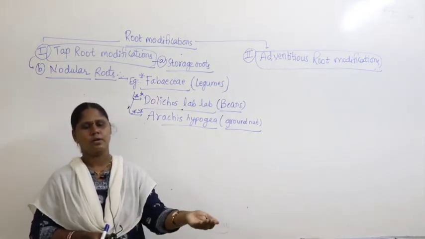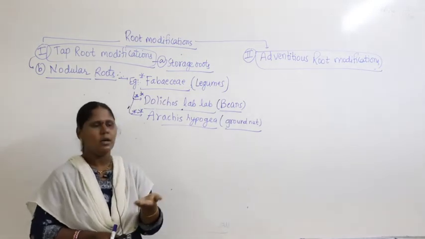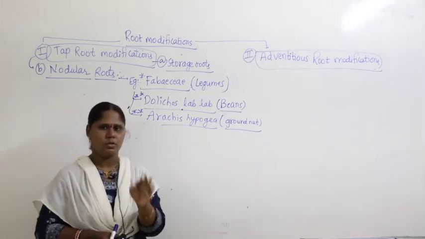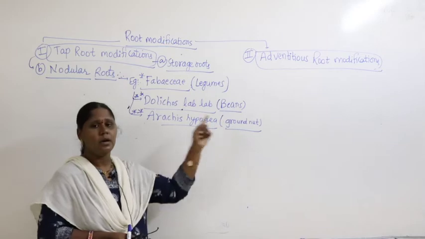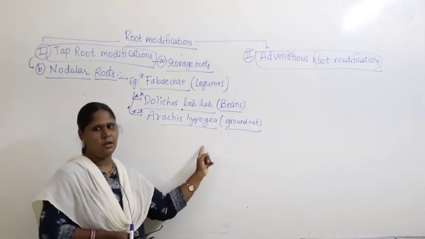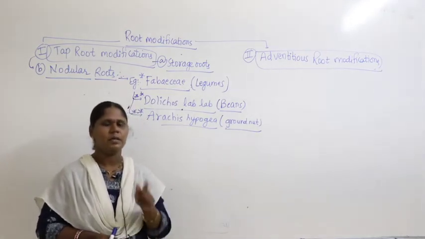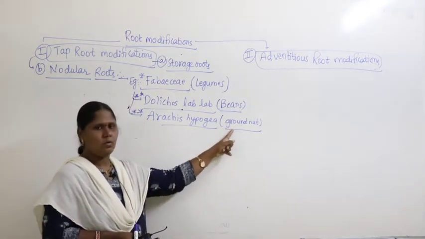Okay, so when you are communicating with your friends, in casual talk, if you say, oh, I just want to eat groundnut, or I like groundnut chutney, then definitely start using the terminology. In place of groundnut, guys, just say Arachis hypogea. Then people may question you, what is Arachis hypogea? Tell them it's the scientific name for groundnut.